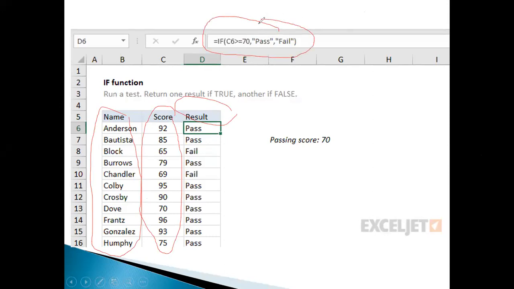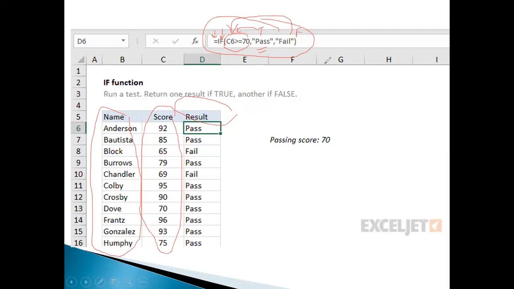Looking at the formula bar, here we first write equals to, and then IF. In the bracket, you first give the condition, then the result if it is going to be true, and then the result when it is going to be false.